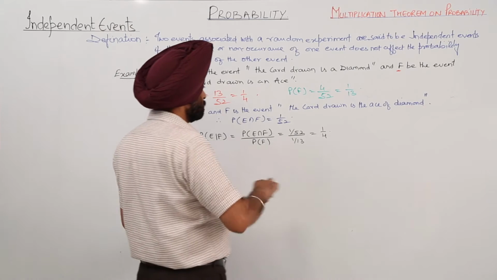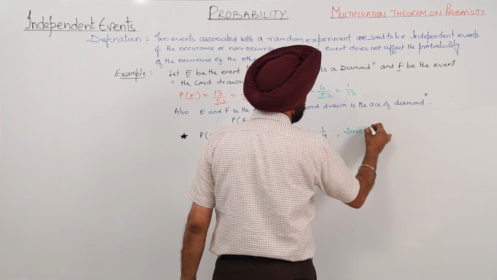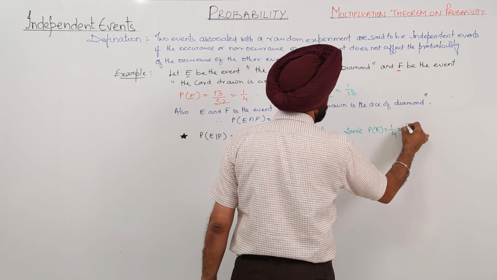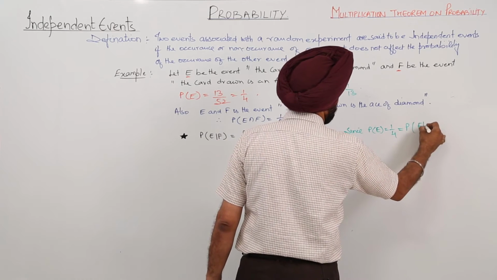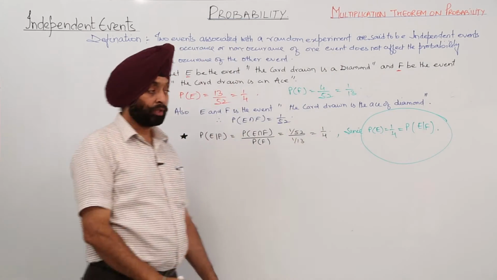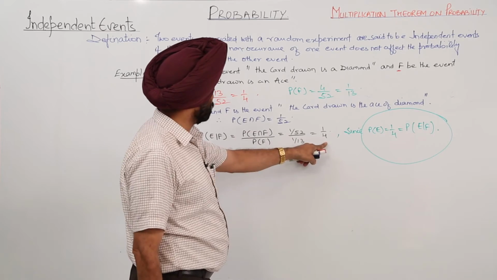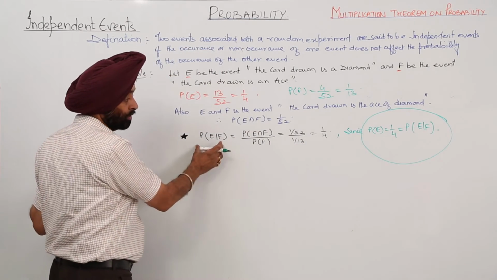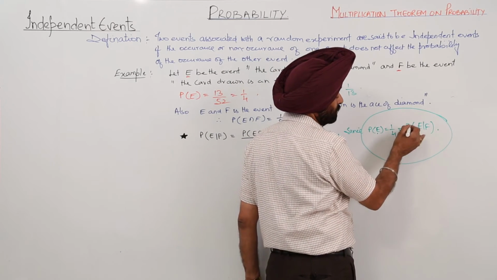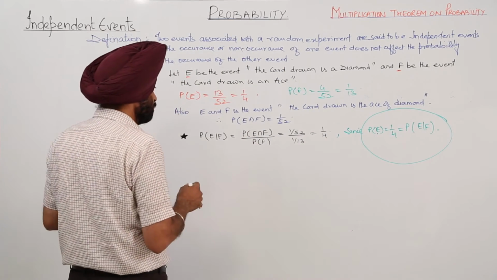So since P(E) is equal to 1 upon 4 is equal to P(E oblique F). Now this is a new thing. P(E) is 1 by 4, I told you, and 1 by 4 is also the result of this whole part. So we can write the probability for event E is equal to 1 by 4, and 1 by 4 is equal to the probability for the event E oblique F. Now just check what this means.